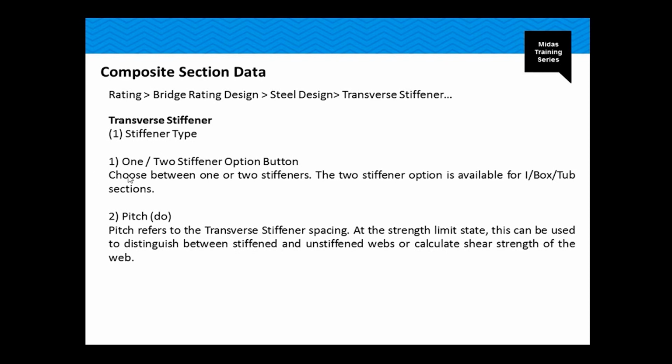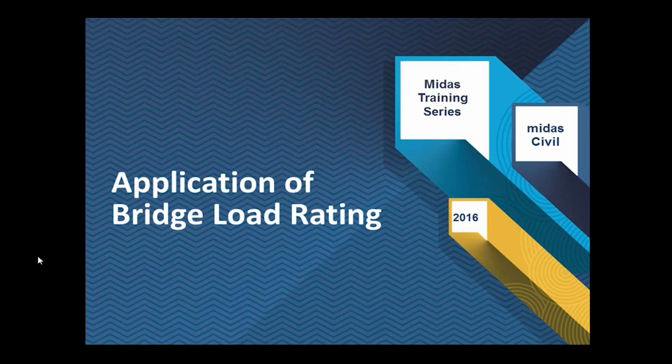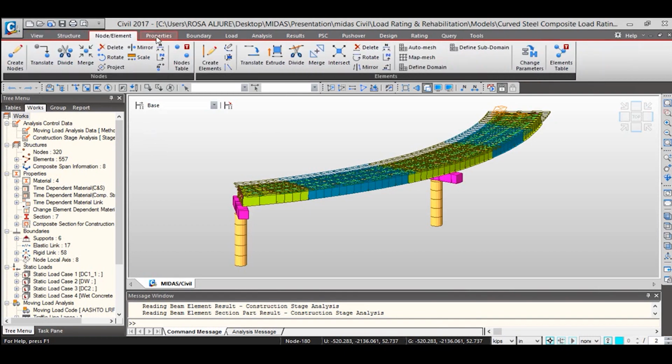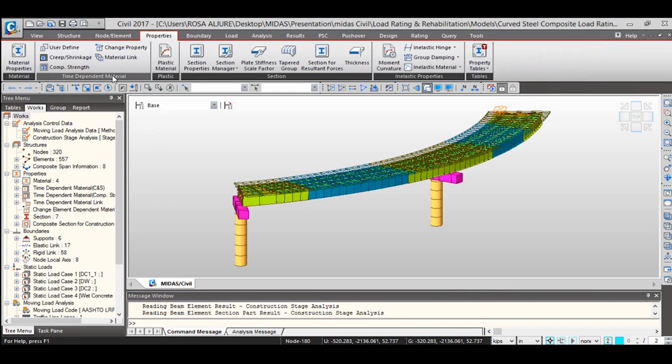So now we're gonna see the application of the bridge load rating using the program. So let me just go into my Dascevo and show you how you can perform this type of design. For those of you who are not familiarized with my Dascevo, this is the graphical user interface for it. Here we have the review menu, which is very similar to the menu that you used in AutoCAD or Microsoft Office, in which you have the different types of tabs that define the different functions that the program has.